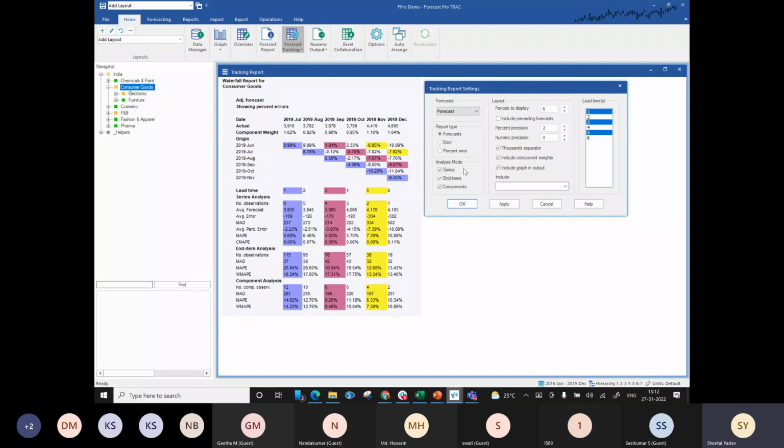Now I have three analysis modes and I've selected all three of them so that you get an overall perspective of what these three analyses mean and how they are different. And then we also have periods to display. So how many periods do you want to look at the information for? You can select that many months. Right now I selected 6, which is fine for me. But in case you want to look at 12 months and you have that forecast archived for the last 12 months, then you can use 12 periods to display as well.